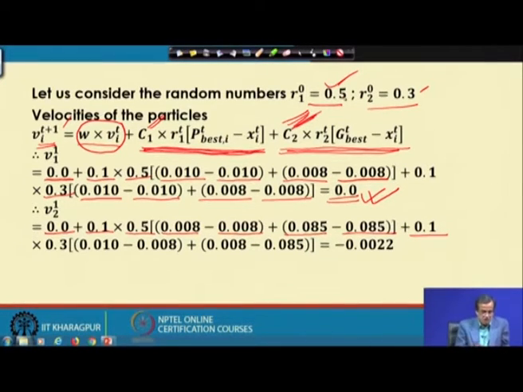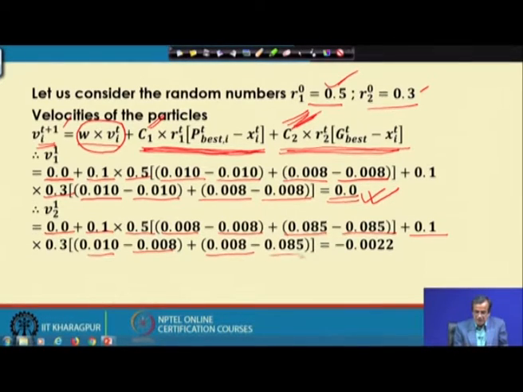0.01, that is C2 multiplied by R2 with respect to t, which is nothing but 0.3 multiplied by the global best 0.010. Now, the global best corresponding to the first particle, the second particle and the first design variable, that is 0.010 minus 0.008, is nothing but the first design variable corresponding to the second particle. Then comes here 0.008, which is nothing but the global best solution corresponding to h.